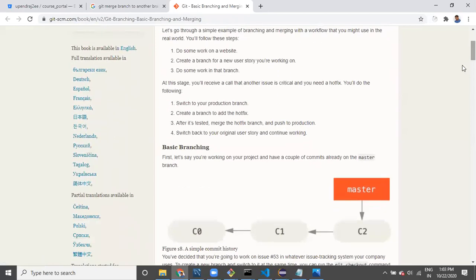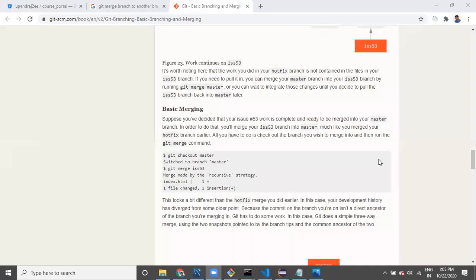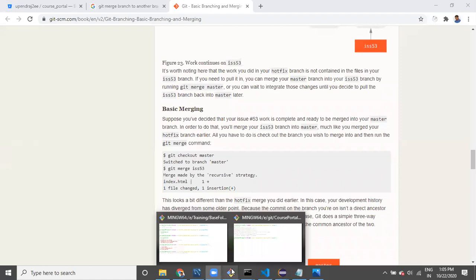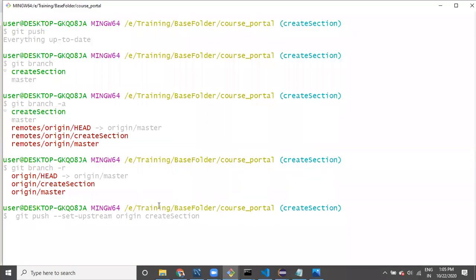Let me refer to these things in future, but here now our code is available where, guys? New code is available in create section.